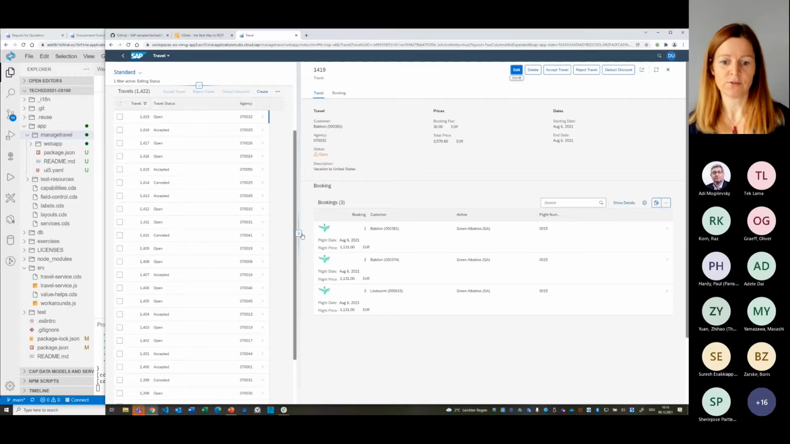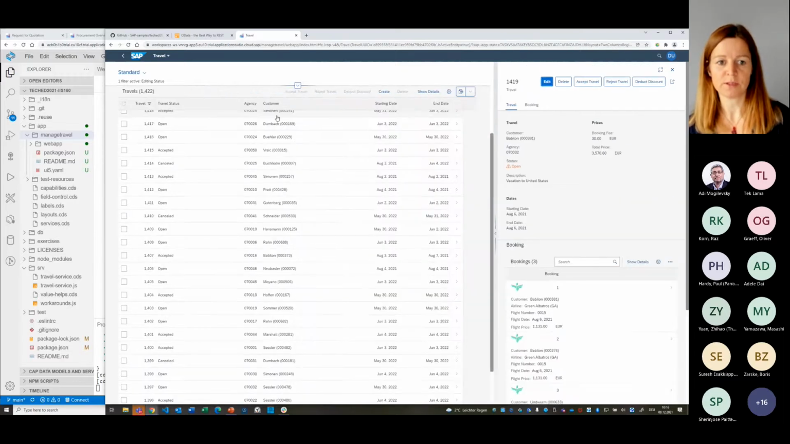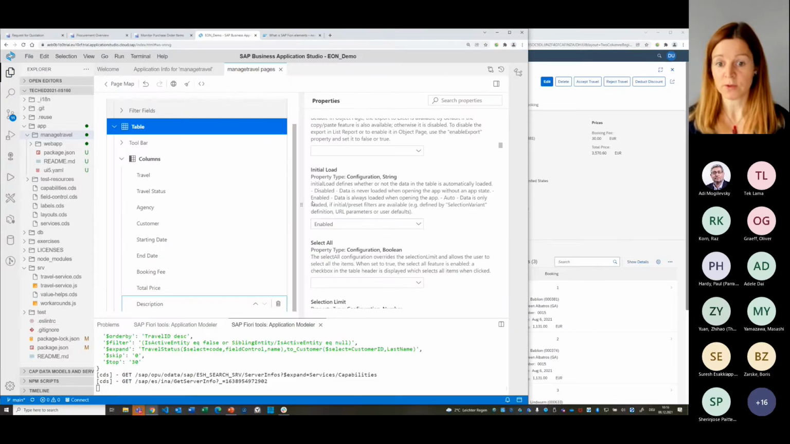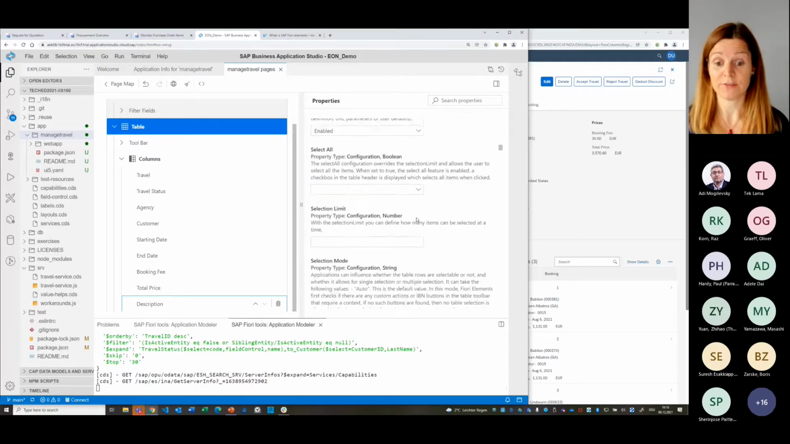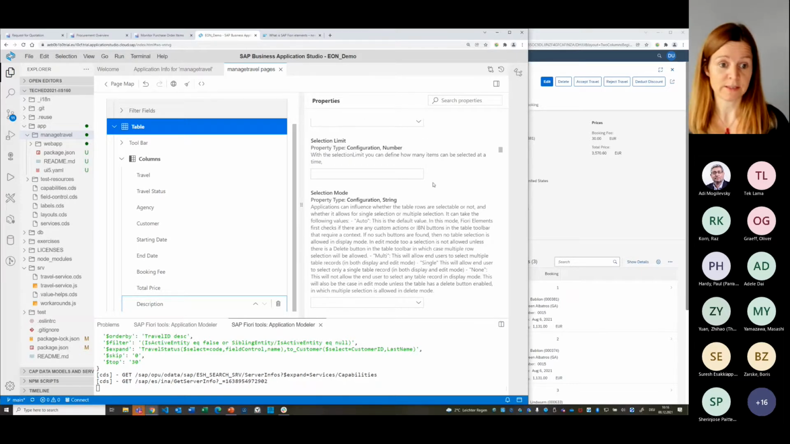Because now here you have the travel status. Let me move this window a little bit. Now you have the travel status to the very left. But what is also very nice is I want to bring in some color. I want to have a color coding. I want to be able to easily identify what are the critical